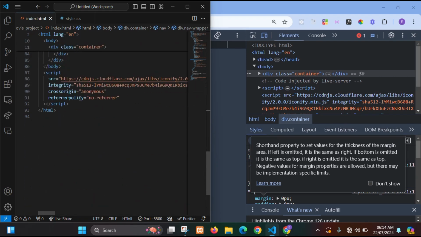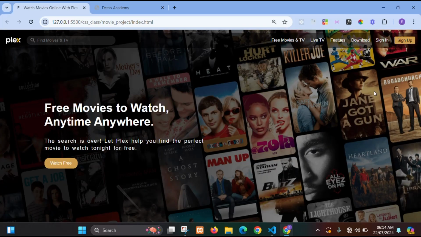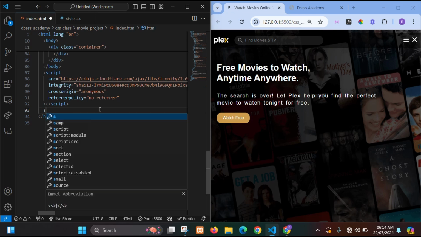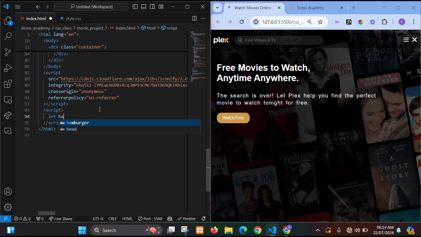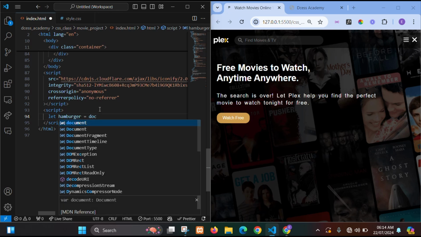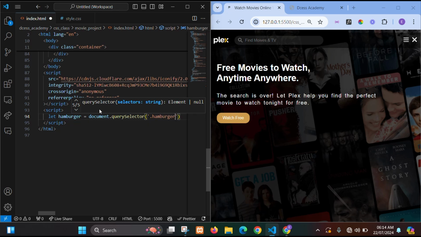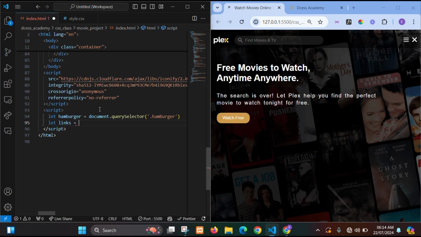Now if I come down, I can write my script tag over here. So let me just close this, and this will be placed side by side so that I can see. Now the first thing I'll do is put my script tag, then say let hamburger be document dot query selector, and say burger, right? Then next I'll say let the links, or I can call it menu. Okay, let me call it links. Let the links be document dot query selector,